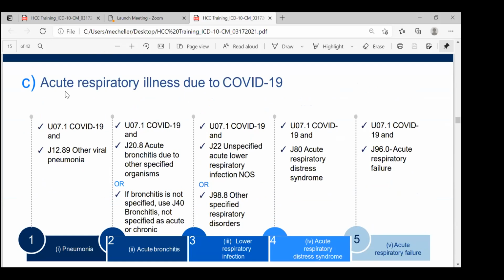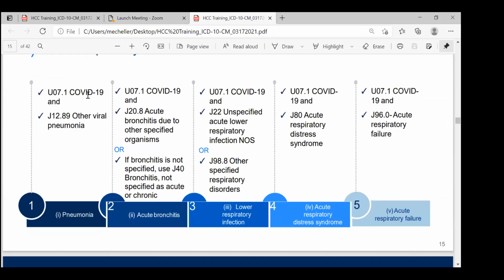So here on this chart, we're showing acute respiratory illnesses due to COVID-19. So we talked about the U07.1 for COVID-19, and below there, you'll see that these are all the additional respiratory conditions that we're associating. So here's pneumonia, and you can see our COVID diagnoses with pneumonia, ICD-10 J12.89, added as a secondary diagnosis. We're also looking at,